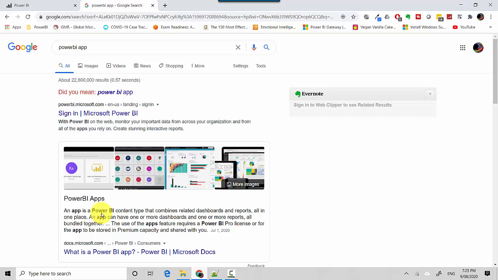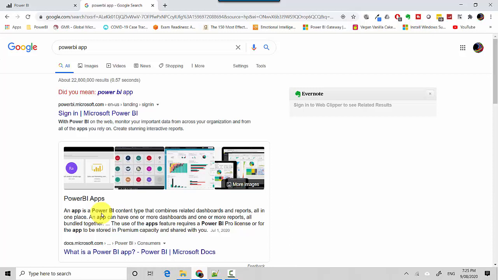Essentially, the top level concept in Power BI service is dashboards. But if you've got multiple dashboards, you have to share them separately. Even managing content becomes a problem if you're trying to share and restrict access over multiple dashboards or reports. If you want to ease sharing or accessibility, you can package all of this content into one Power BI app and then just share the app with the required users.